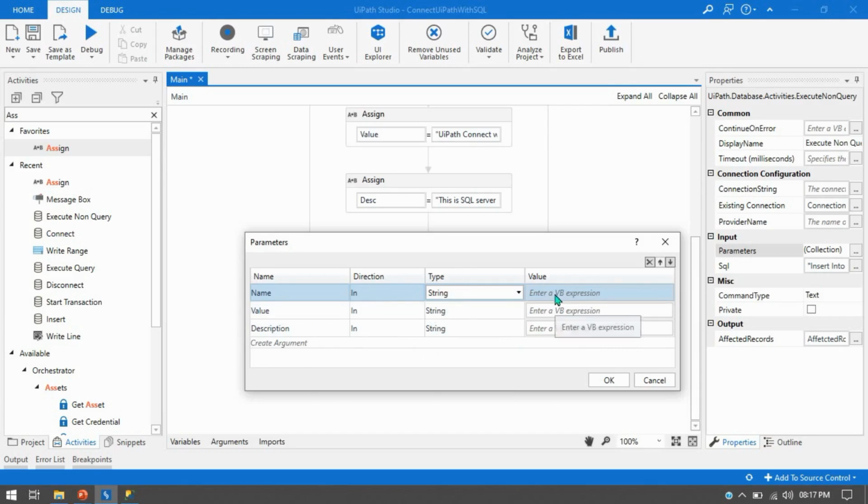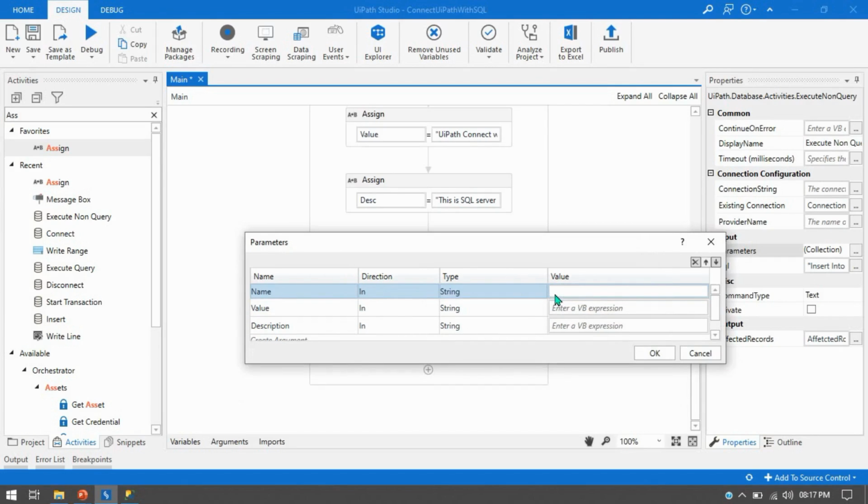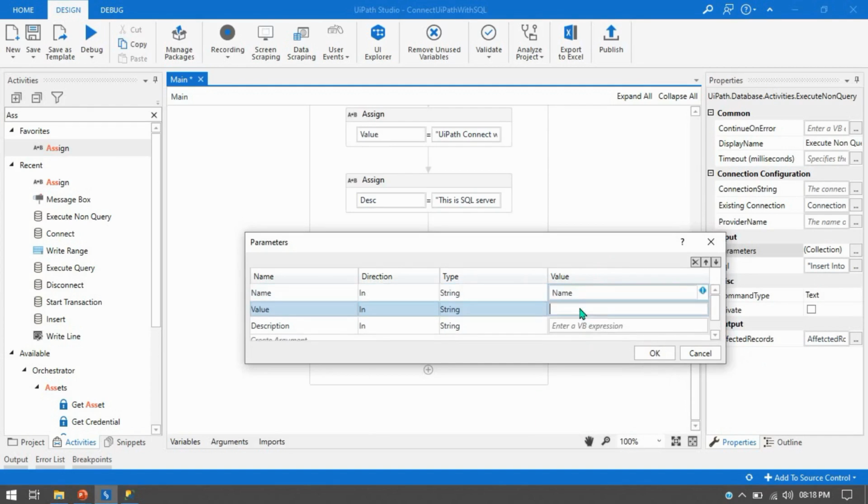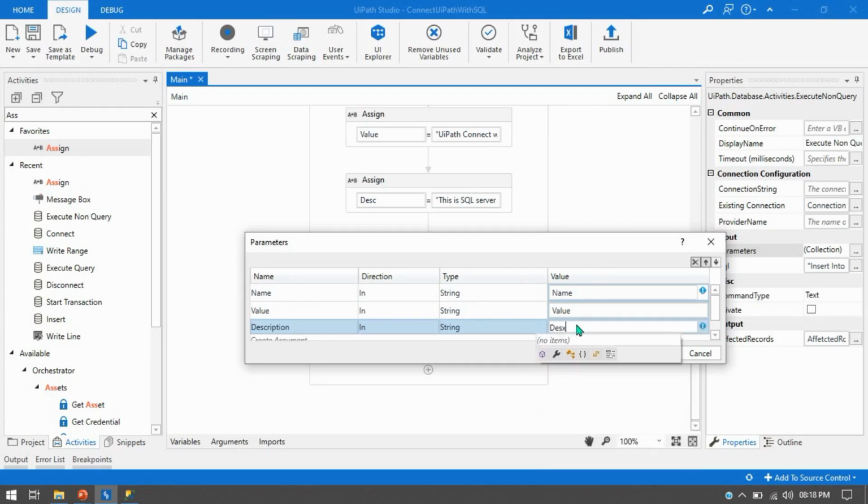And now here in the value, the first option you have is either you can use double quotation and pass your default value, but here we are not going to pass the default value, so we have the value in the variable here. So we'll directly use the variable. We'll take here name, and for the value we have the value variable, and in the description we have the variable that is desc. Okay, so what will happen, instead of writing here the default value, we are taking the value from these variables. So we are passing here. Now press OK,